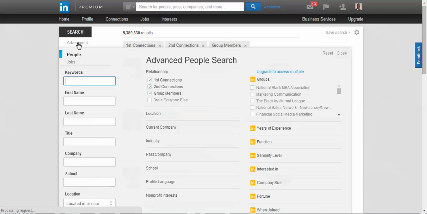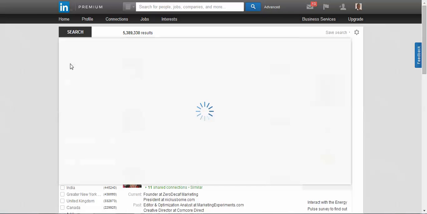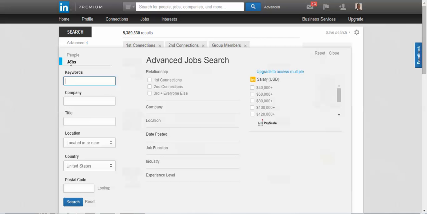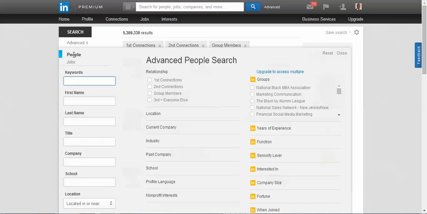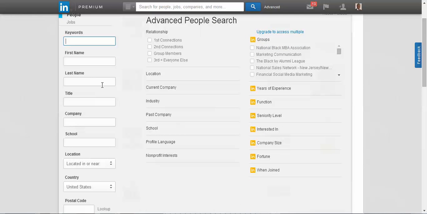I'll mention that advanced search is available for people, which is what we'll be talking about, but you also have the ability to search for jobs using this feature. Alright, so let me point out a couple things in terms of advanced people search. As you can see, you have the capability to search by keywords. You can also search by names, if you happen to know the person's name, by title, company, school, location, country,